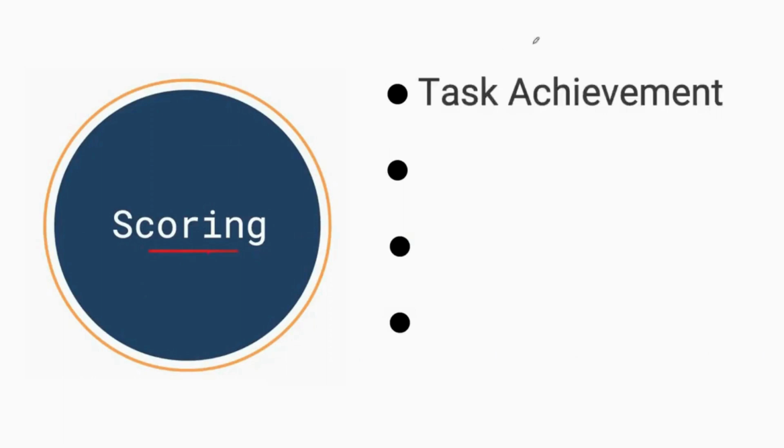First off, we have the task achievement. This is going to deal with whether or not we've answered the question. So have we described the stages of the process of making yogurt? Have we done so in a minimum of 150 words? I will say that this specific question type actually makes it difficult to meet that minimum requirement